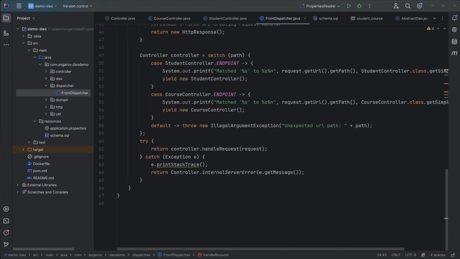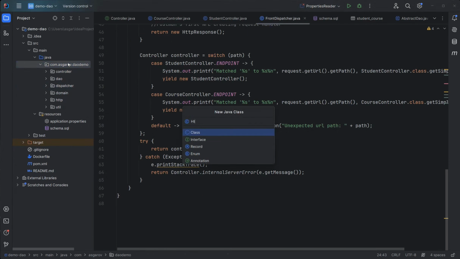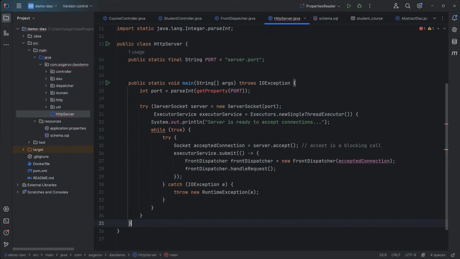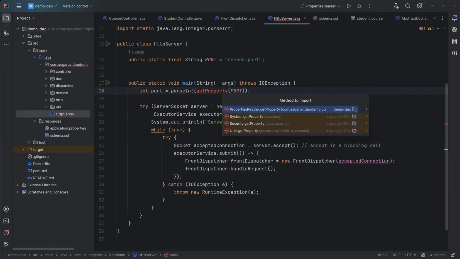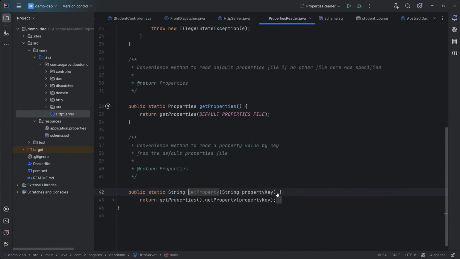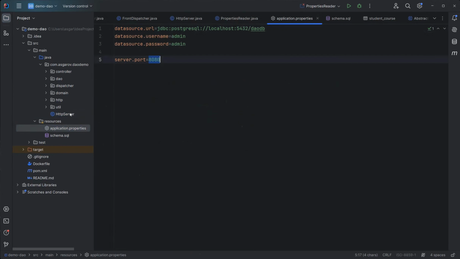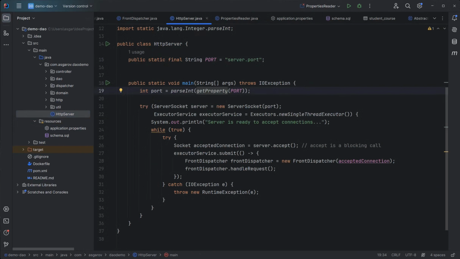For that, we just create basically a runner class. We'll call it HTTP server. And this guy just has our favorite get property method. If you remember, we developed it to grab anything we want from our application.properties, where we defined it to be 8080, big surprise. And then I just use a single thread executor, and I'm saying, well, true, accept